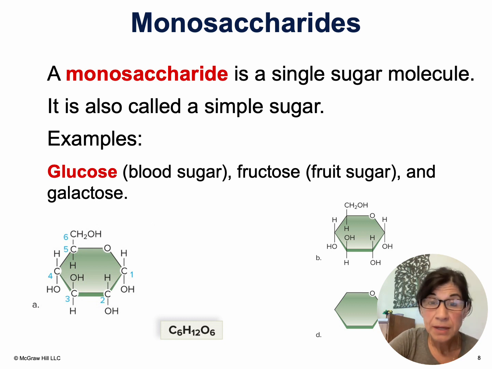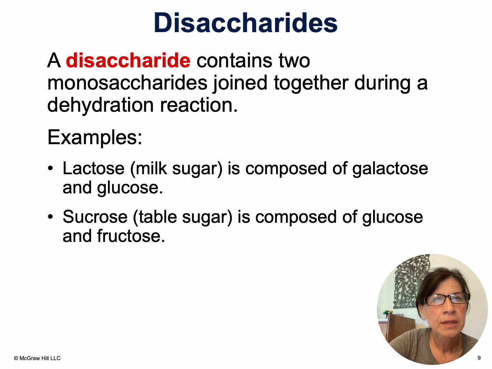All right, so which monosaccharide is important to know? Glucose. Glucose is how our cells obtain energy. Now, disaccharides, what does di mean? Di means 2. I don't want you to know any examples of these for the unit test, but just to know that di means 2, so those are 2